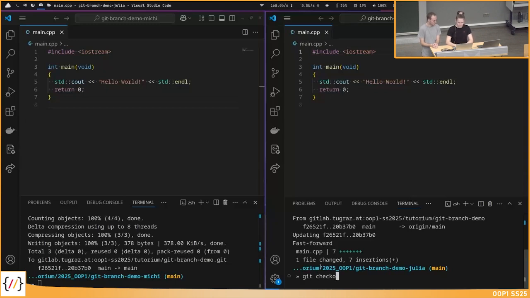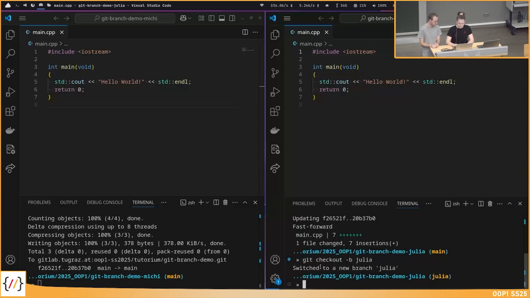So we said with checkout -b, we can create a new branch. I don't know what I want to do. Just call it Julia in this case, maybe. You can give it meaningful names in the sense of what you're doing. If you just write your name, probably it's enough. It's probably better to give the branch name something like shop. If you're implementing the shop class, then you work on this and then you can merge it back.